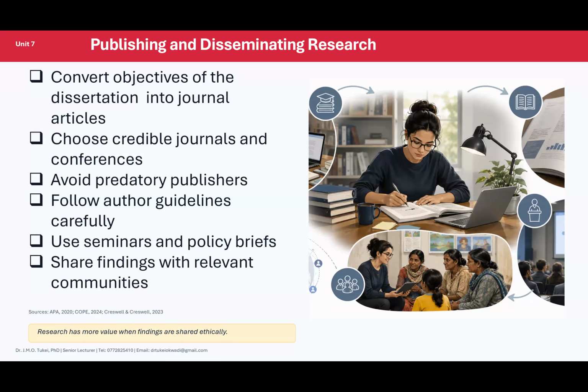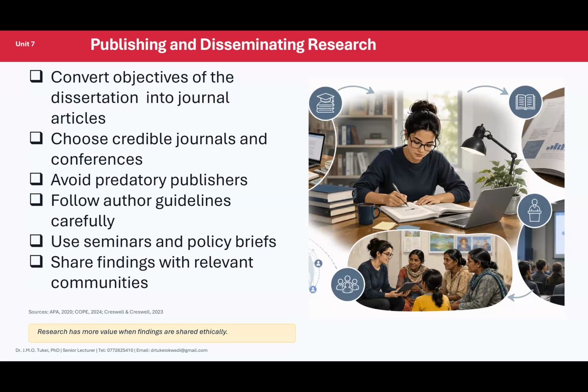What we call ethical ownership requires honest contribution, accurate reporting, and acknowledgement of resources and collaborators. Peer review should be approached with patience and professional humility. I have right now about 20 articles with my students. The peer reviewers have not been able to get back to me since I made my submissions, but I cannot harass them. So I'm waiting. I think within this month, I will be able to publish all those articles.